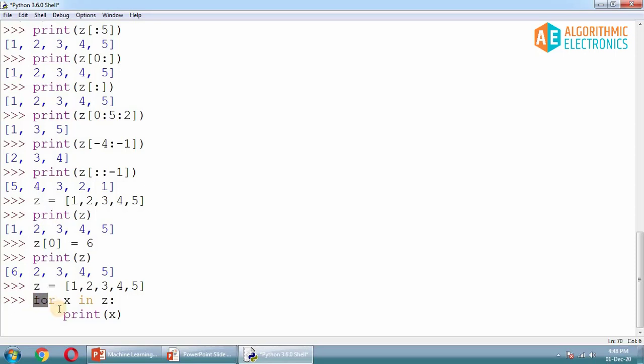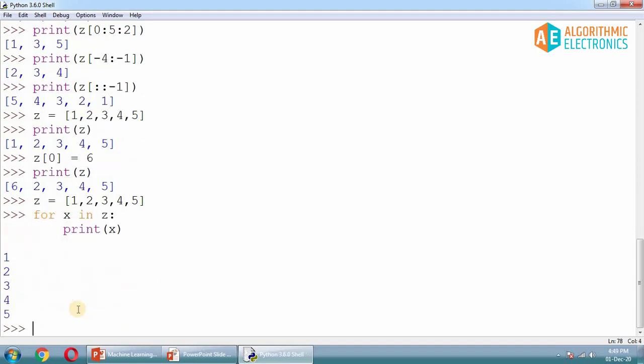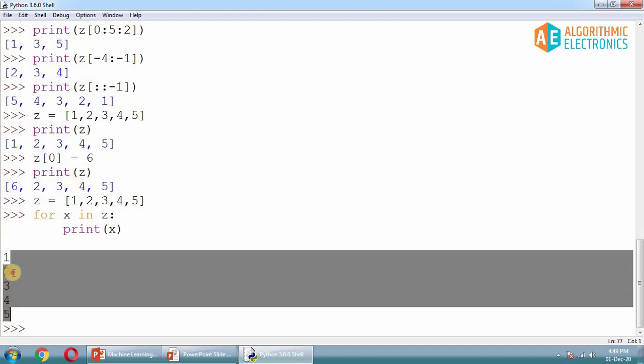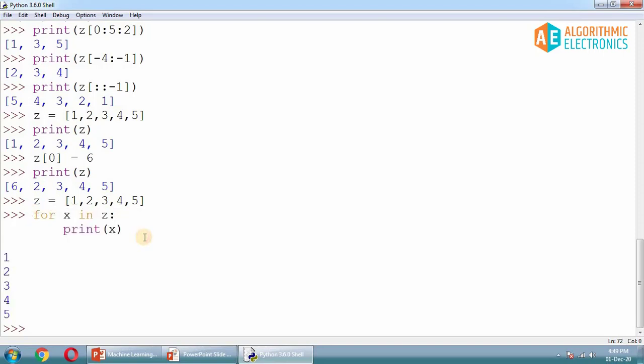The x is a counter variable for this for loop in z. Now z is this list, so this will iterate over this list, and now it's going to print x. Now x is going to be every single element from this list. So let's check this. If I hit enter here, I'm getting 1, 2, 3, 4 and 5. So all the elements of this particular list can be accessed using the for loop as well. By using indexing, you can access those elements, and even by using this kind of structure, you can access every single element from this list. And this is how you can apply a for loop.